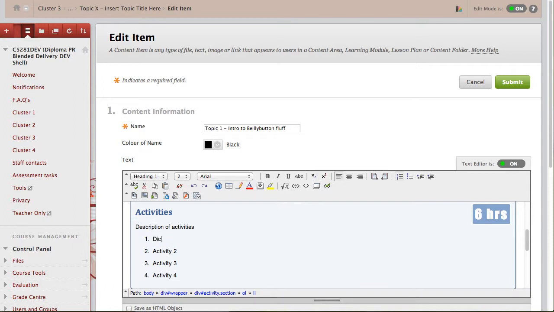So it might be, for instance, a discussion activity. And then you would put some description about what that activity was. Sometimes that description is short, sometimes it's long. And a quick tip that you might want to use here, and also works, by the way, in Microsoft Word and other editors,